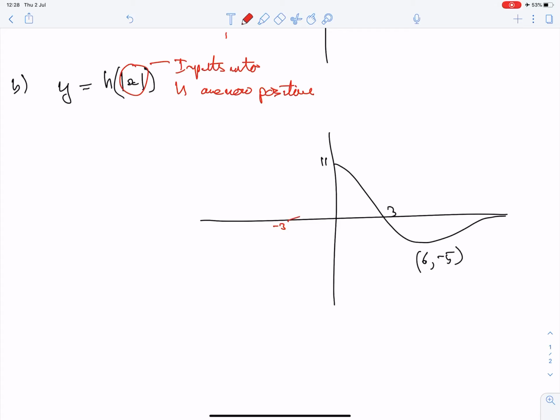So imagine now we put in the value -3 into our function. It would get made positive and then read back as 0, so we would plot the point at -3, 0. Suppose we now put in -6. It gets made +6, the modulus of -6 is 6. Read off the graph, we get -5, so it gets plotted back here at